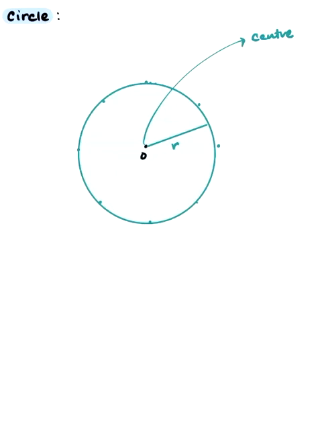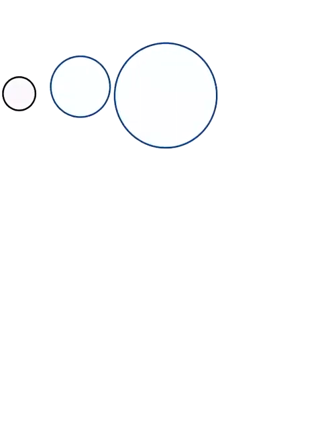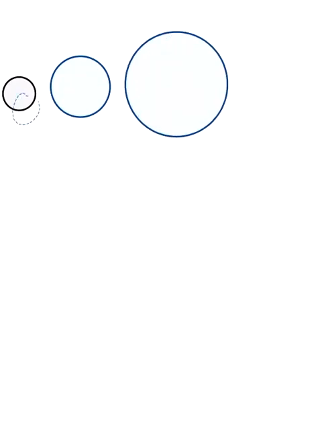Now, there's something very important to understand about a circle: the larger the diameter, the larger the circle. Do you agree with this? If I have a small circle versus a larger circle versus an even larger circle, the larger the diameter gets, the larger the circumference. Or in other words, the larger the circumference of the circle, the larger its diameter. Now, there's nothing surprising in this.